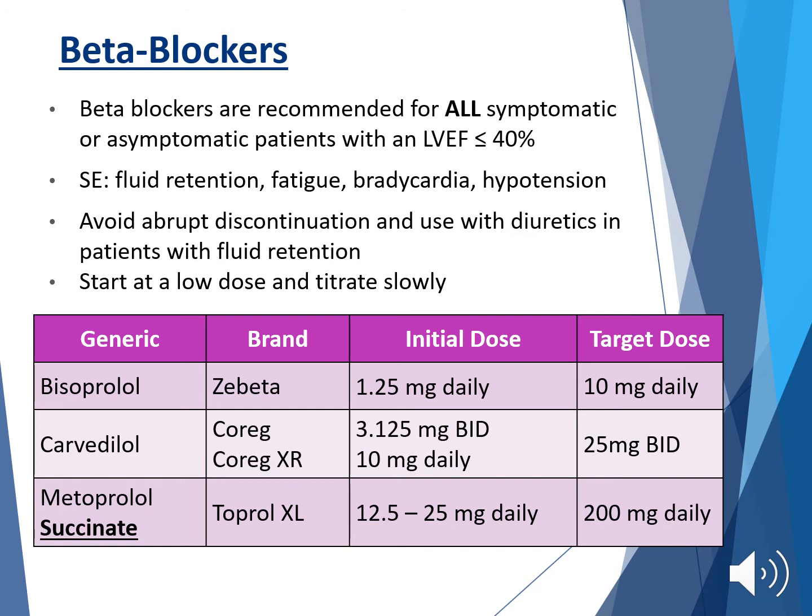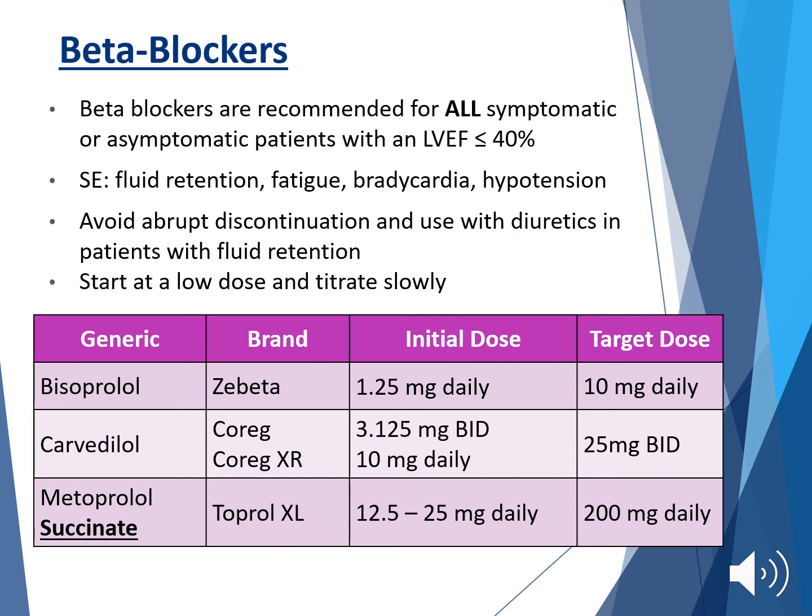So with any use of diuretics in patients with fluid retention, you just want to be careful. If a patient comes in volume overloaded and you want to start them on a diuretic or increase their diuretic dose, I would recommend holding off on any further increases in their beta blocker or starting a beta blocker in general. We usually want to see patients euvolemic or at least have a stable volume status before starting or increasing a beta blocker. And then, of course, if you're starting this medication, I would recommend starting low and go slow,